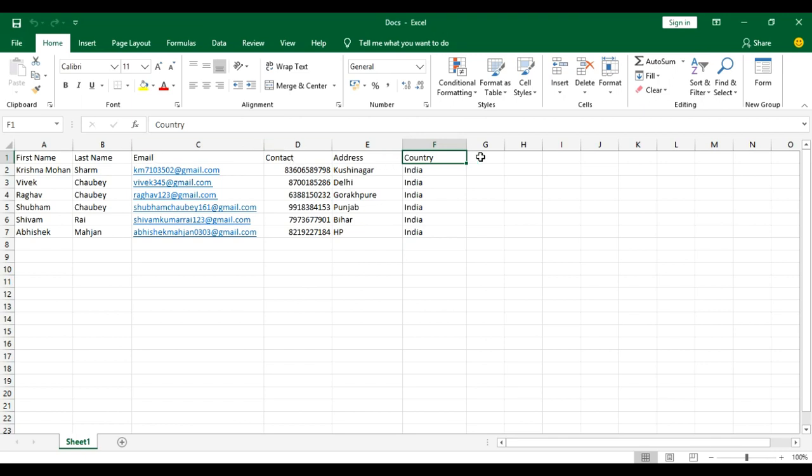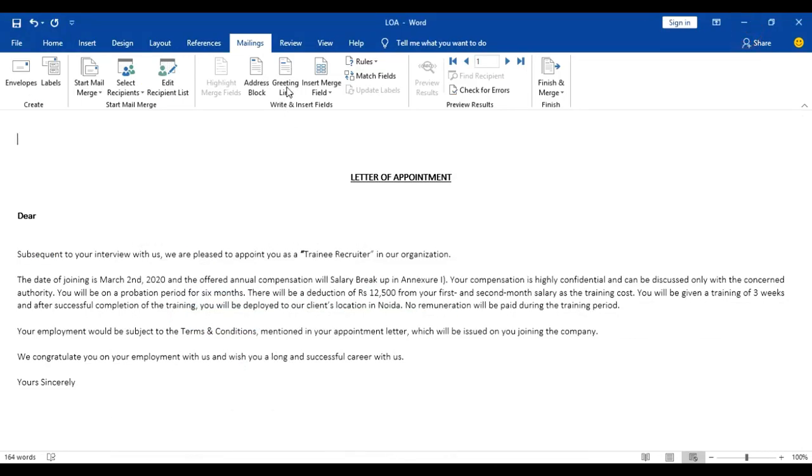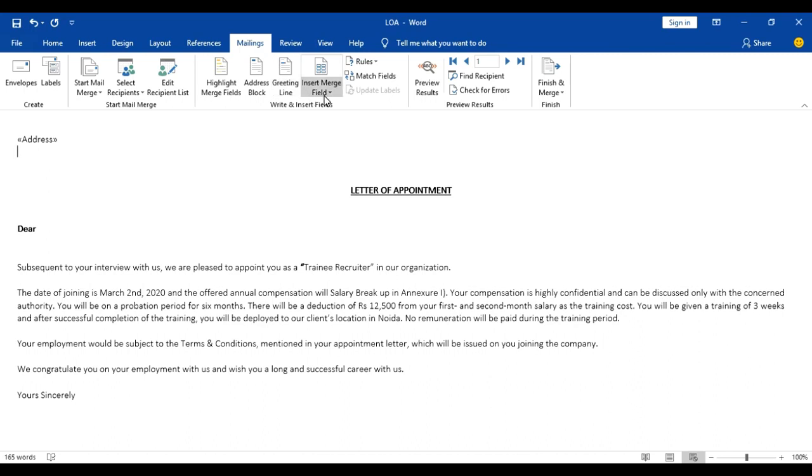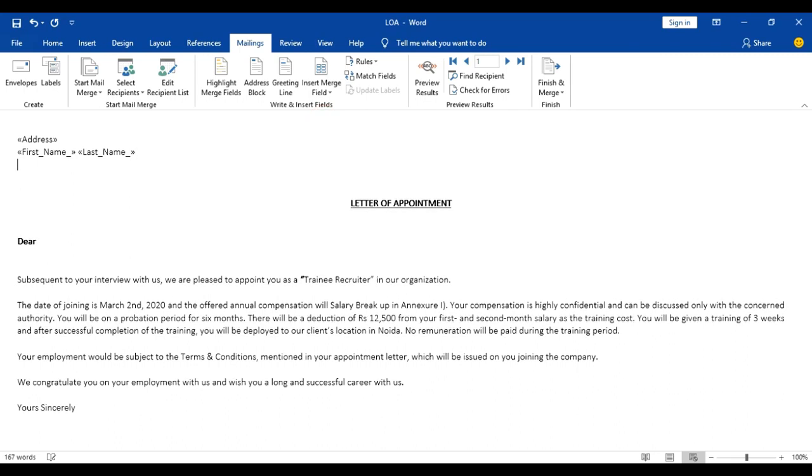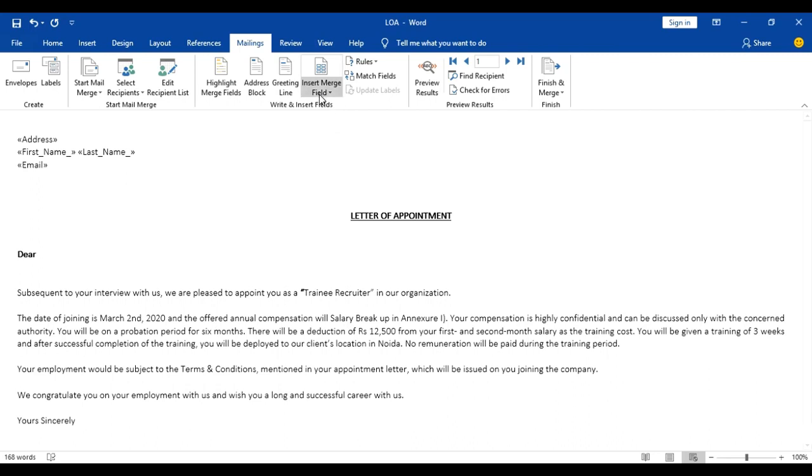That's why these options are also visible in the insert field. Now here you want the address, so you have to select address. You want the first name and last name of the candidate, and you want the email address and contact number